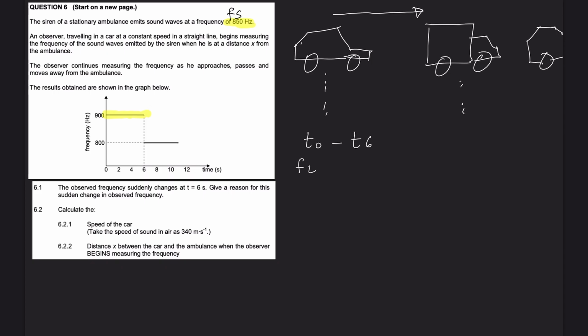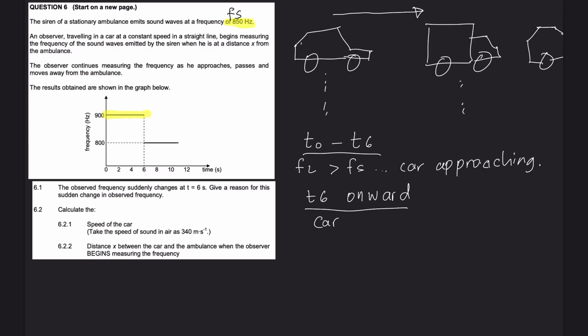Since the frequency that's heard is greater than the frequency of the source, we can say that the car is approaching the ambulance. And then from T6 onward, the car passes,